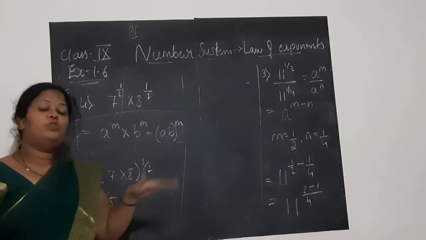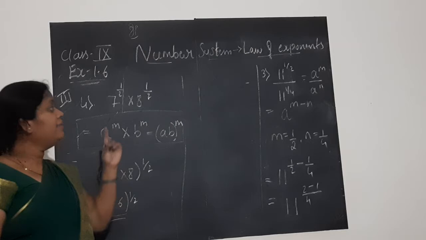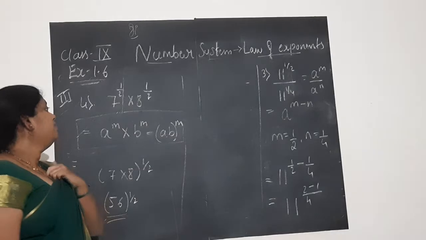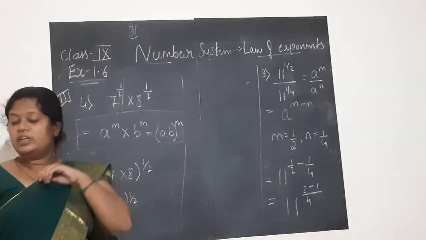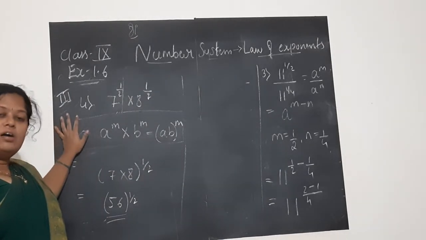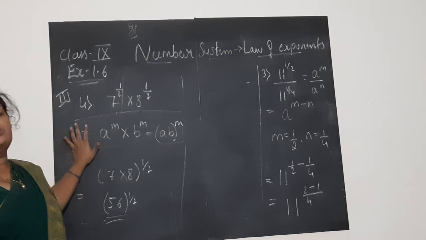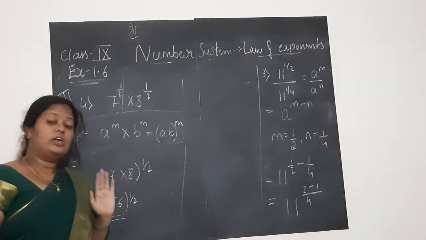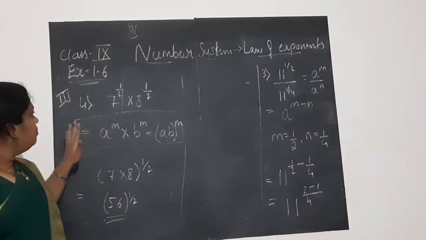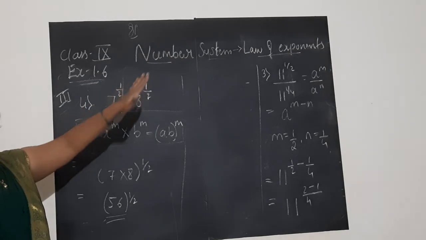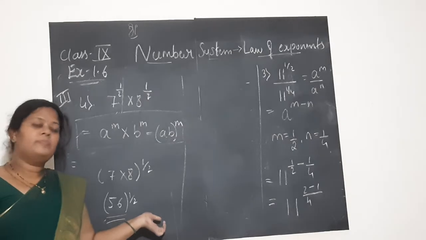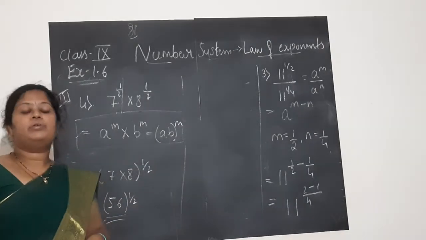See here, while I am doing, you may feel it easy, children, because I am telling you which are the laws. But if in the question paper you see mixed law of exponent questions together, you will definitely get confused. So please try to solve once you watch the video. How to solve, what are the steps, everything. When you do it in your class, if you scribble also, no problem. But for that sake, don't scribble deliberately. Try to do without seeing and practice for the test. So this completes your chapter Number System. Until this problem, this exercise, you have for your general assessment 1. So practice thoroughly. Any doubt you can text me.